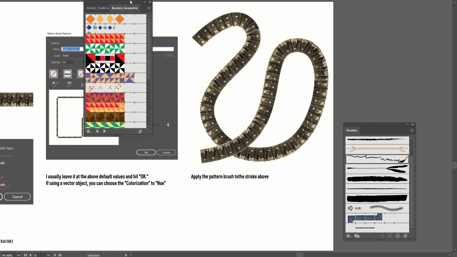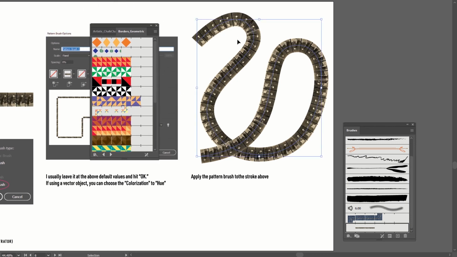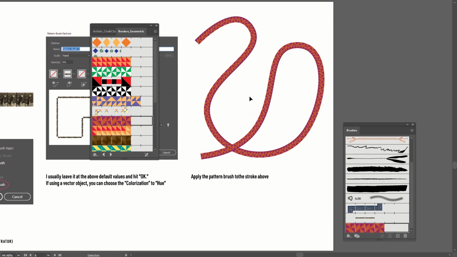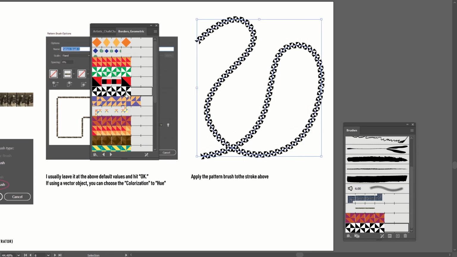And you have a few examples of them. And then so we'll just select the line that we want to apply to. And then we can just select a border that we can use. So you can kind of see here. And then if you want to, you can even do